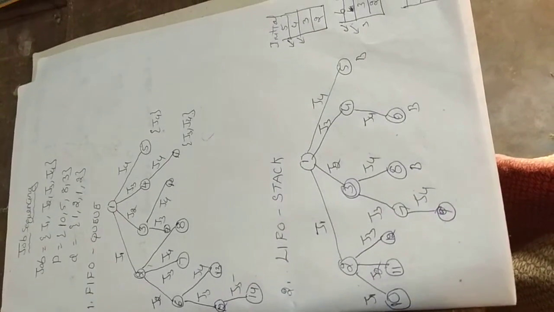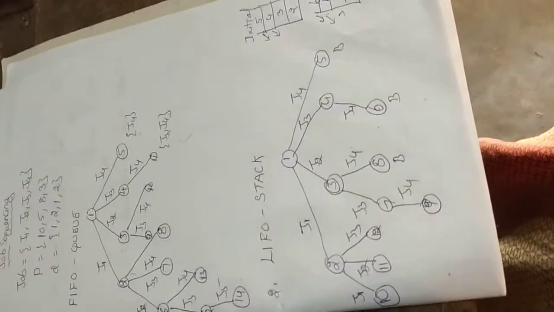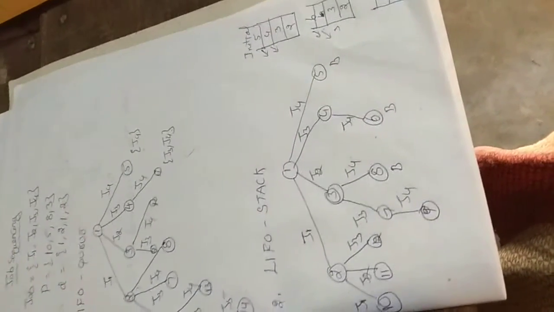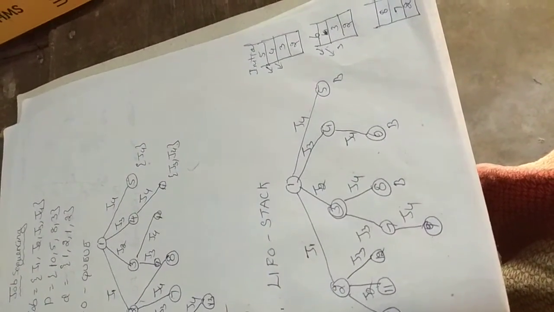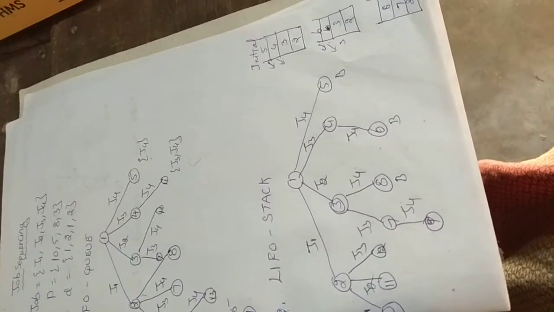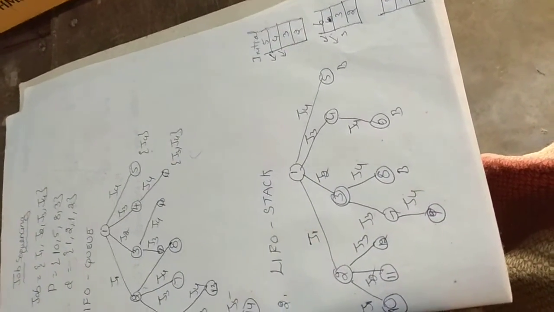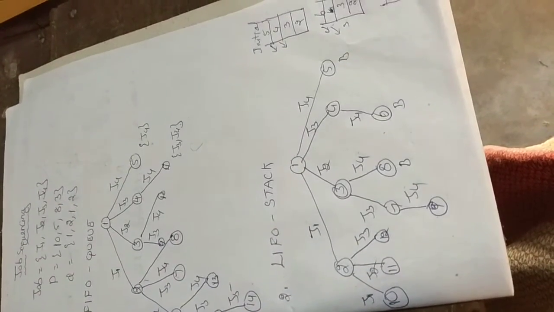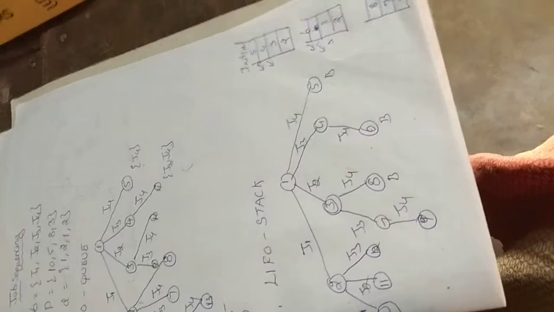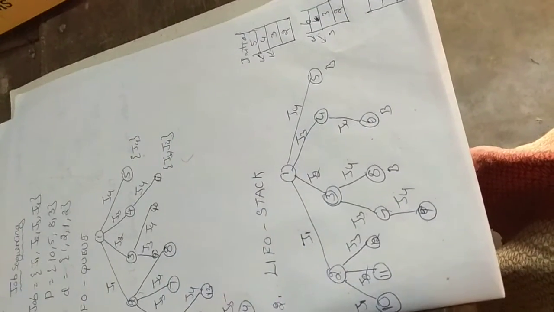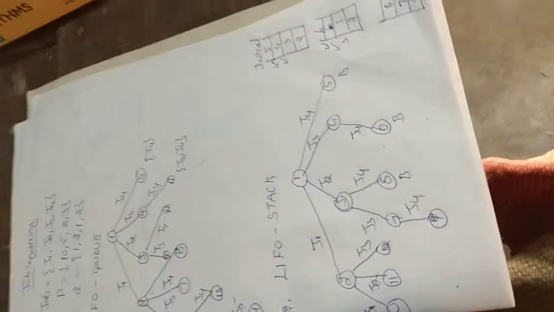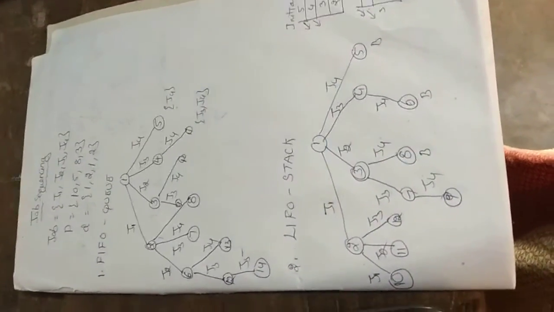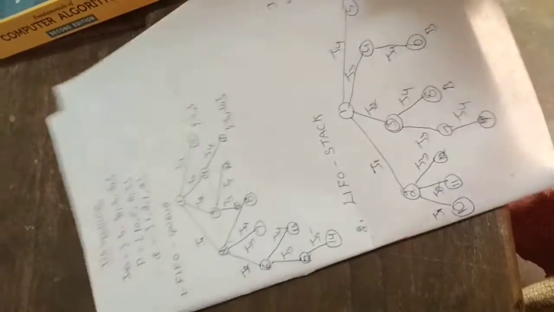Then node 6 will be added to the top of the stack, and since there are no jobs to be added from node 6, we take the next element from the top of the stack, which is 3. On exploring 3, you add either J3 or J4, leading to nodes 7 and 8. So 7 and 8 will be added to the stack, and now 8 will be the top of the stack. This is how the last in first out search is applied for solving a problem using the branch and bound technique.